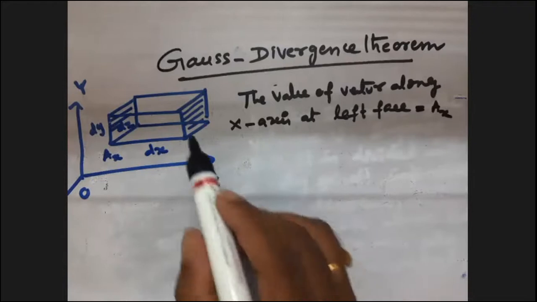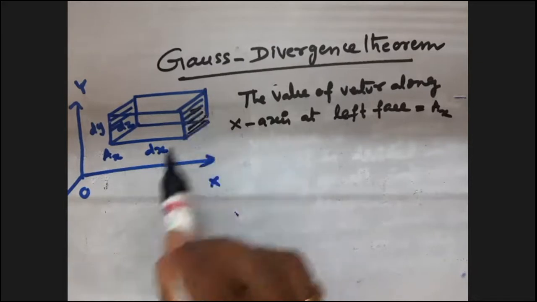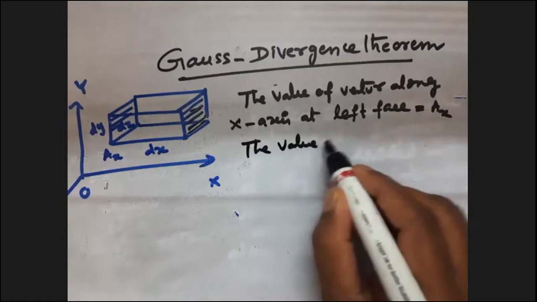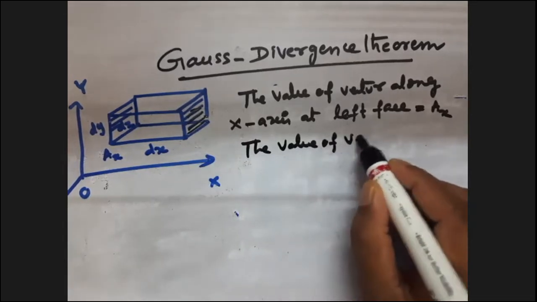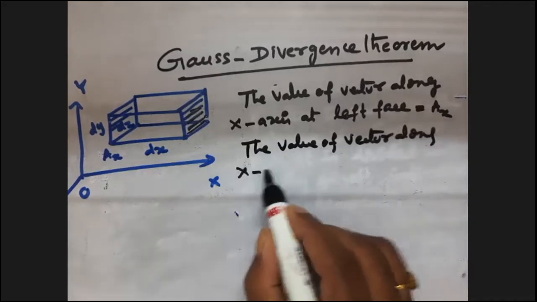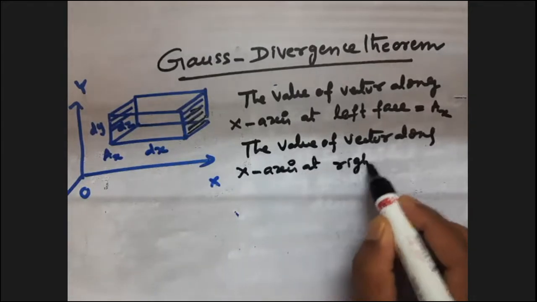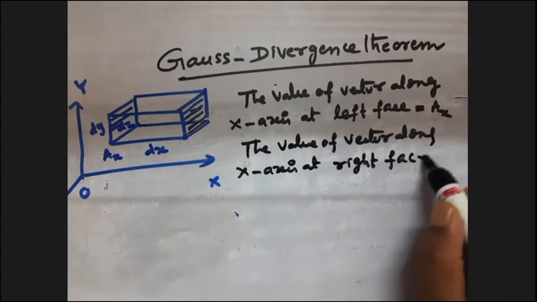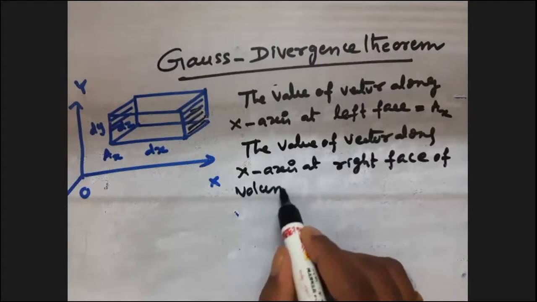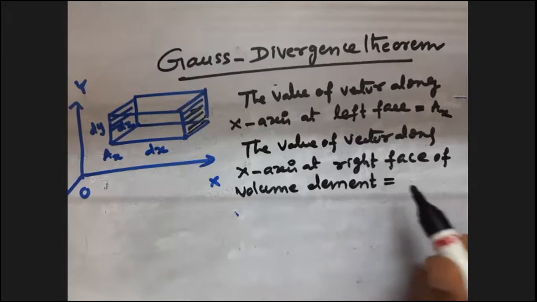Now, what would be the value of the vector at the right face, at this face? We will write the value of the x component of the vector along the x-axis at the right face of the small volume element, which is given by